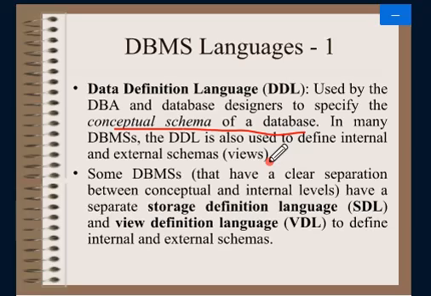The DBMS will have a DDL compiler. In the components of the DBMS, I will discuss what the DDL compiler is. The DDL compiler's function is to process DDL statements in order to identify descriptions of the schema constructs and to store the schema description in the DBMS catalog. I told you about the catalog, right? The catalog is where we store the metadata. What is metadata? Data about the data: the structure, and the memory location where the actual data is stored. Those details will be in the catalog.